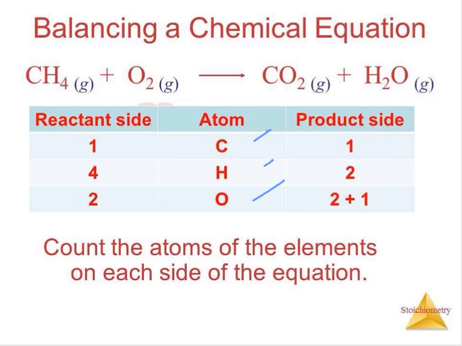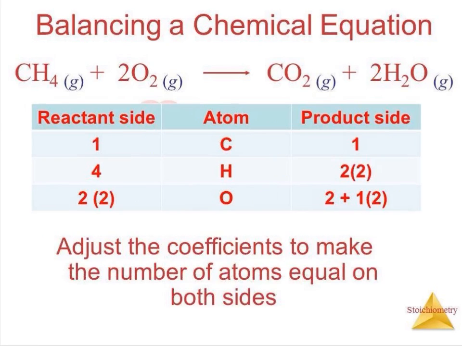For the reactant side, we have 1 atom of carbon, 4 atoms of hydrogen, and 2 atoms of oxygen. We compare the number of atoms in the reactant side to the number of atoms in the product side. For the product side, we have 1 carbon atom, 2 hydrogen atoms, and 2 atoms of oxygen in the carbon dioxide compound, and we also have 1 atom of oxygen in the water compound. Since the equation is not yet balanced,